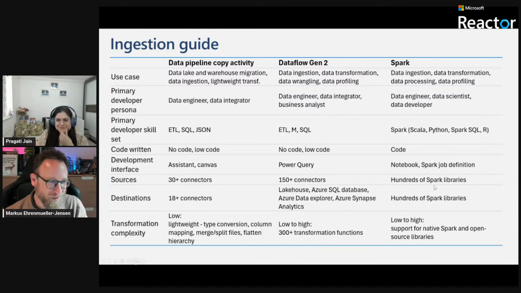If you want to code, then of course Spark with different flavors, right? We have Spark SQL, we have Spark R, with some Python in here, with Scala, and then you can write your code, and there are endless opportunities because there are endless libraries you can use to facilitate the transformation you're doing. So keep an eye on that when it comes to the exam, that you know when to use which kind of tools.